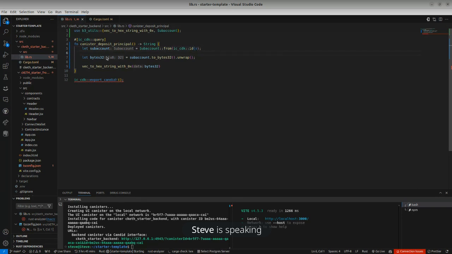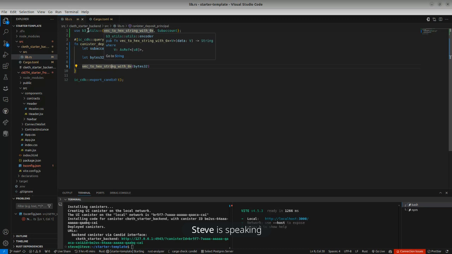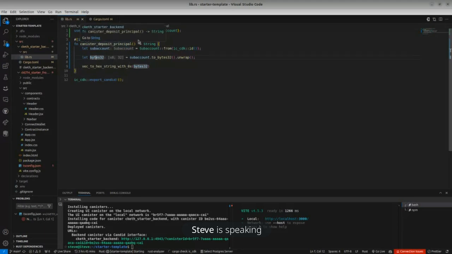Then it creates a bytes 32 vector from the sub account, and then using the function vec to hex string with 0x from the b3 utils cargo package, we are converting that bytes 32 into the deposit principal that we use to deposit to it. So once this has been done,